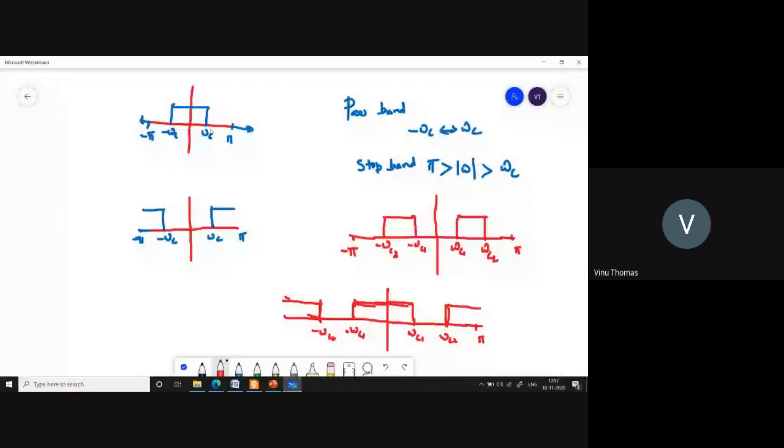you cannot design low pass filters, because at omega equal to 0, the value has to be equal to 0. At omega equal to pi also the value has to be equal to 0. So the high pass filters are also counted out. You cannot design low pass filters, you cannot design high pass filters, and likewise you cannot design band stop filters because at omega equal to 0 and at omega equal to pi, the frequency response has to return 0 value. The only kind of filter that you can design is your band pass filter, and